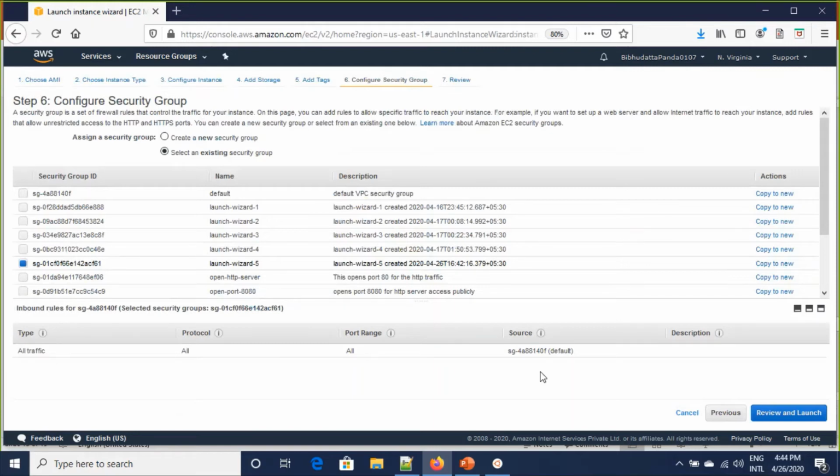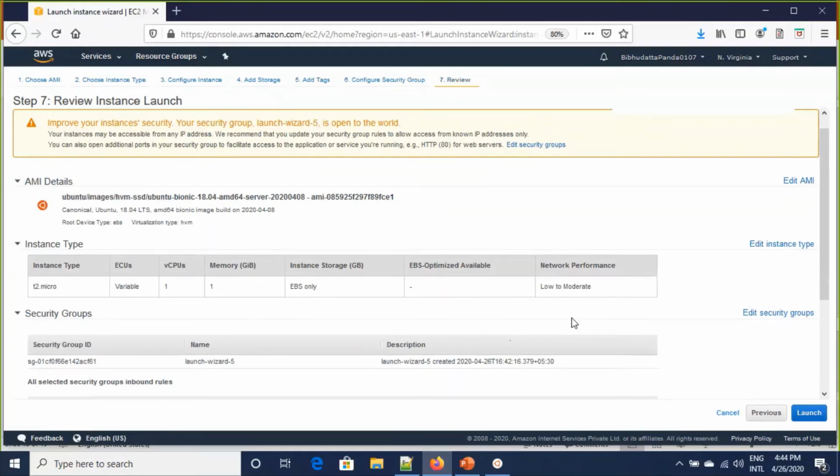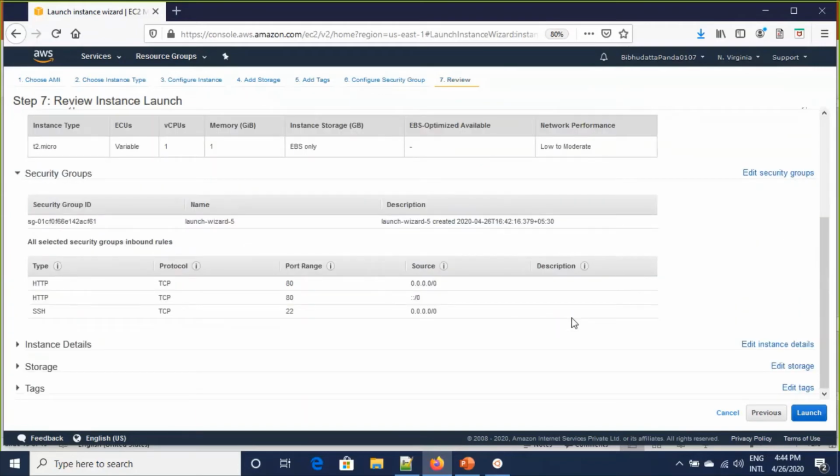Yeah, I'm using the same existing key pair. It will take a few minutes to be up and running.